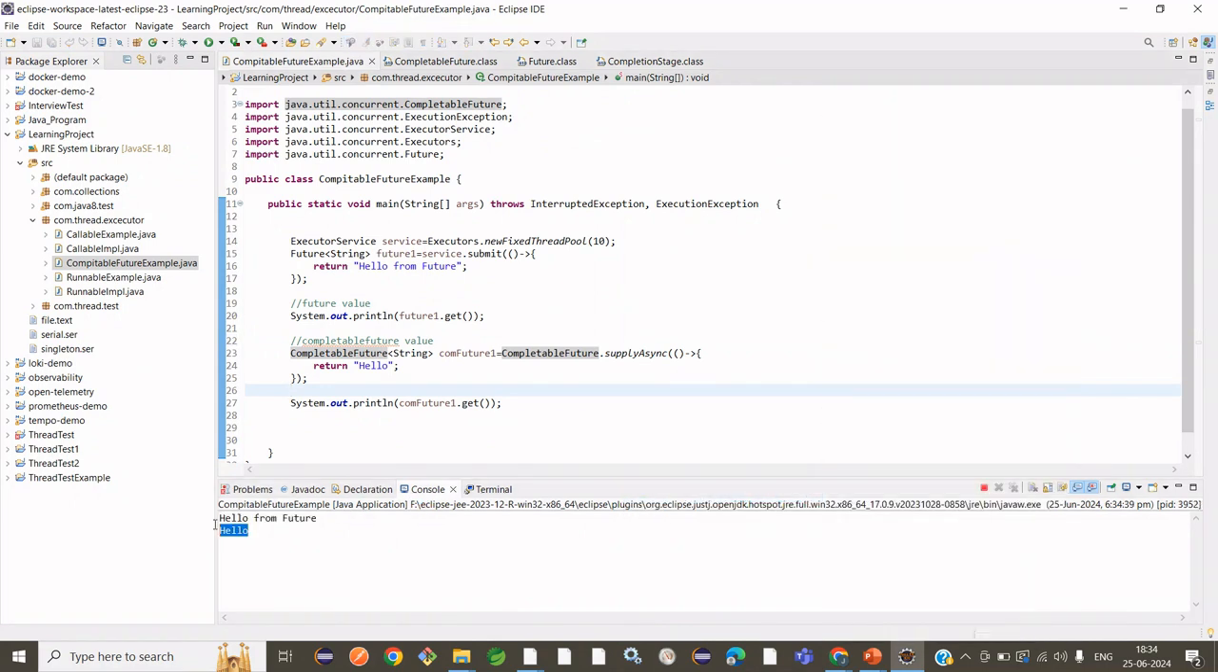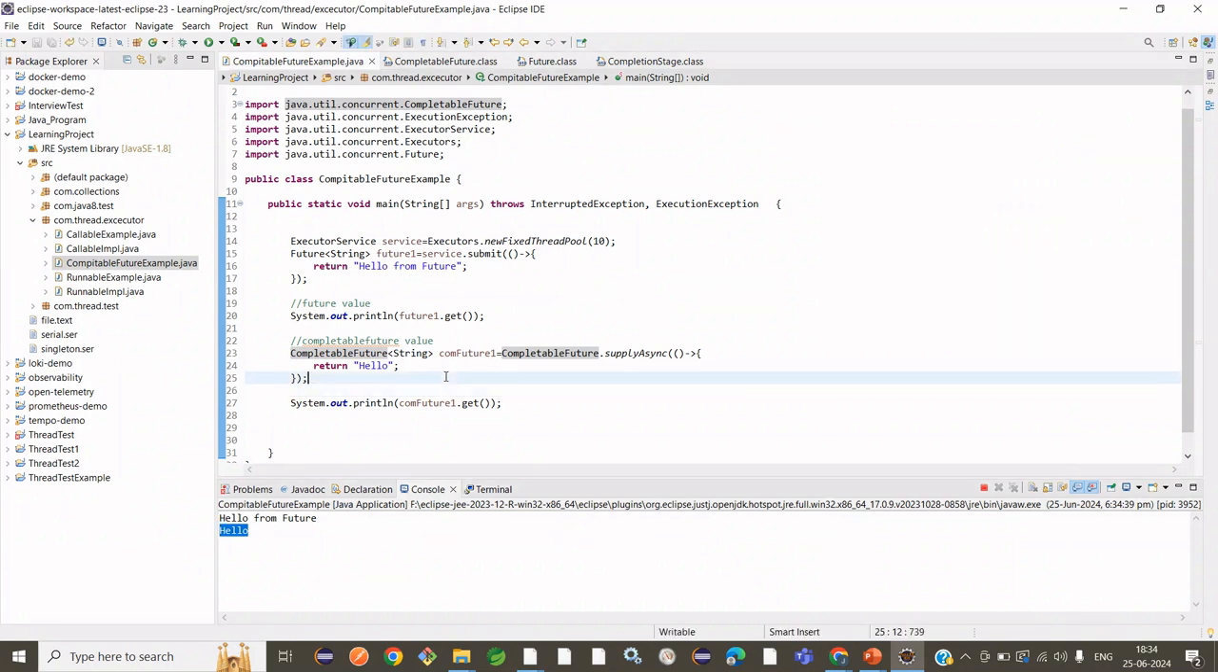Yeah, we are getting hello. Okay, so with the help of the CompletableFuture we can also do asynchronous programming, it is possible. Same like Future, but we have some added advantages, some added features. So we'll try to see